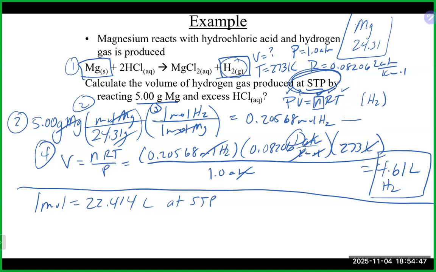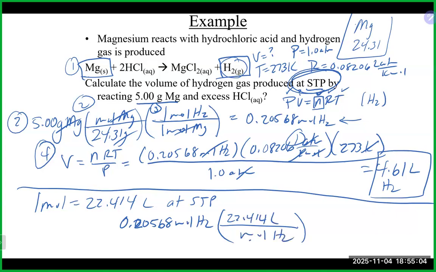So you could have just picked up from the moles of your H2, and again, you could have just used that without the ideal gas law. Those would cancel, and that also should get you up there as well. So again, you can shortcut the ideal gas law if you're at STP conditions, but once again, as I mentioned earlier,